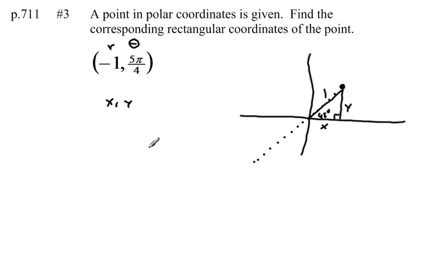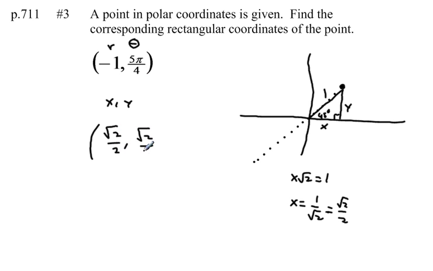So x times the square root of 2 is equal to that hypotenuse, which is 1. Dividing both sides by the square root of 2, I get x equals 1 over the square root of 2, which is the same as the square root of 2 over 2. So my x value is the square root of 2 over 2. y is going to be the same thing. So my point in rectangular coordinates is (√2/2, √2/2),